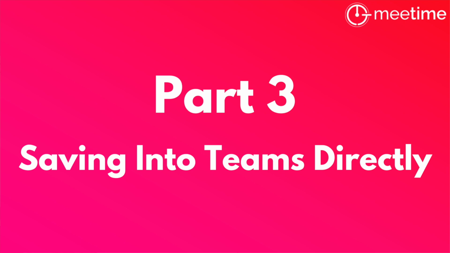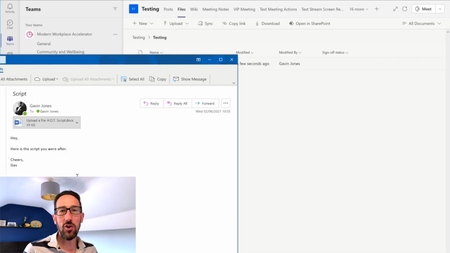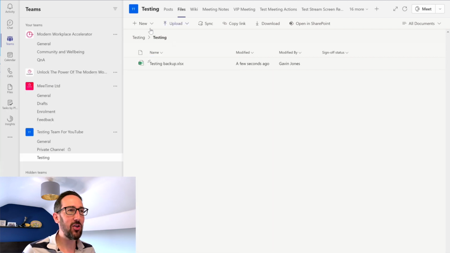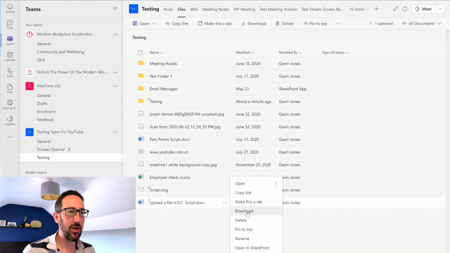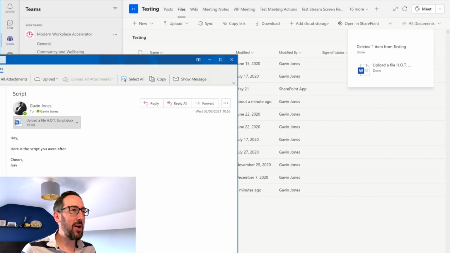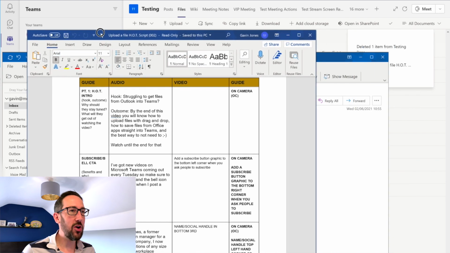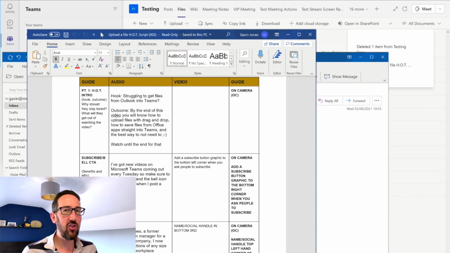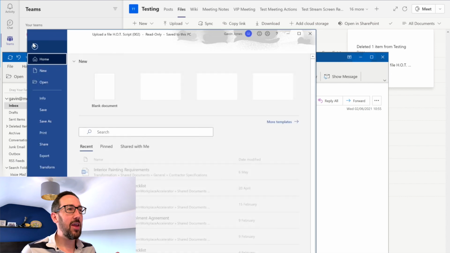If you'd already opened the file and started to make some changes, people then get confused about how to save it into a team. So imagine if we just go back and delete that file, just so we don't get confused, because we're going to be using the same file name. Let's say I got this email in, I just opened this file directly in Word and then made some changes to it and then just wanted to save it straight into Teams rather than saving it down somewhere and then saving it to Teams, it can get a bit confusing